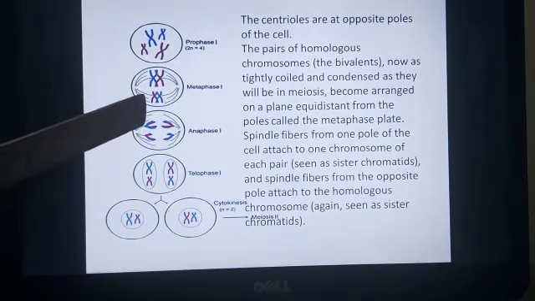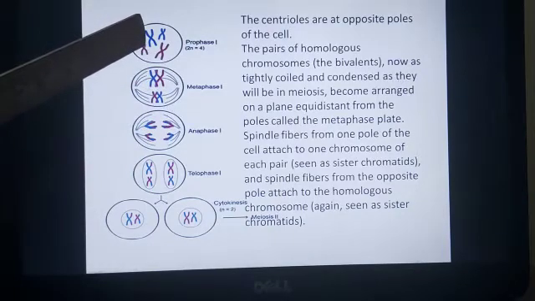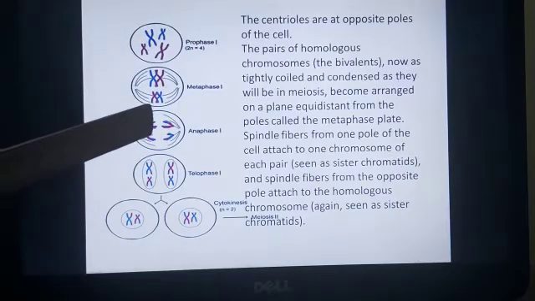So in the anaphase, here you see these particular chromosomes, some part is blue and some part is pink. It means that the exchange between the non-sister chromatids has already taken place. That's why you have this new arrangement. When you compare between this and this, you see here the entire chromosome is either blue or pink. But here you can see there are some pieces of blue and pink. So this is known as recombinant. So here you can understand that in anaphase 1 the recombinant has already formed.